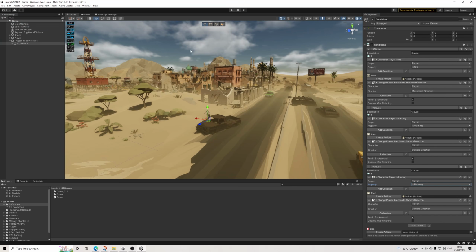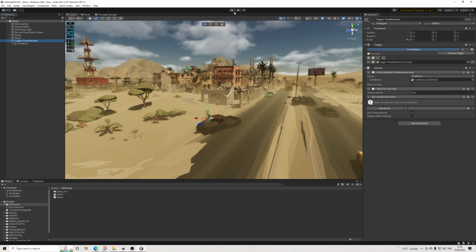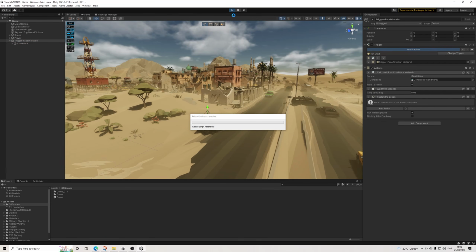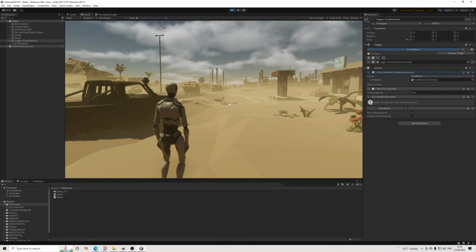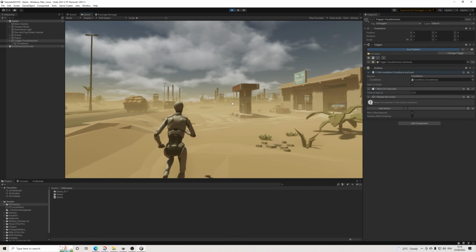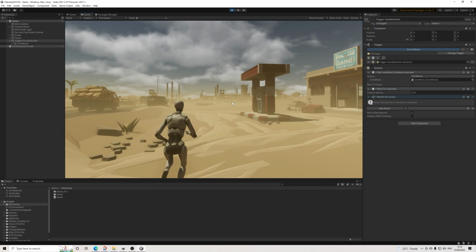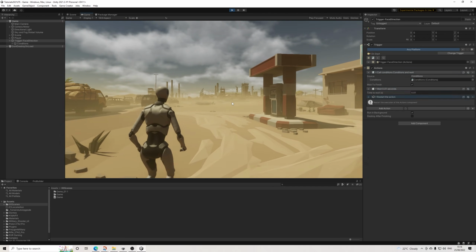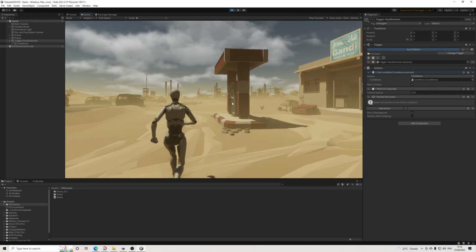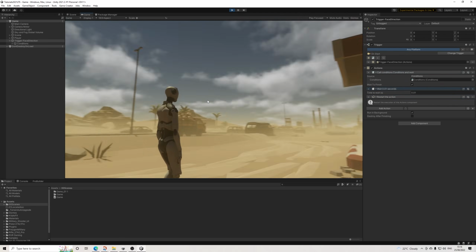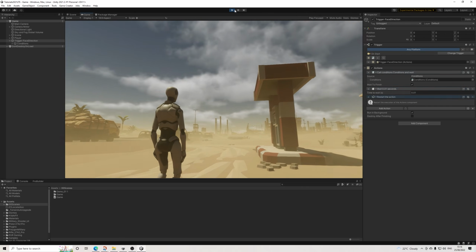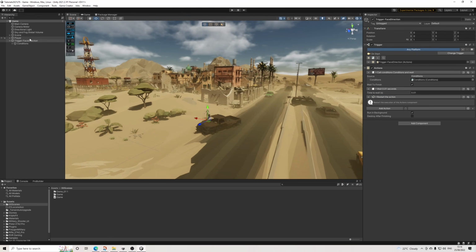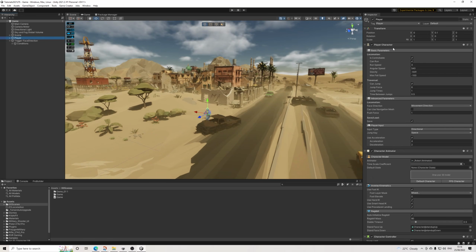Let's see the effect of this. Awesome. So we've got the camera direction here, as you can see. It's all looking good, and then when we stand still, we can rotate around. Perfect. Now by default the player is running, which is something we don't want,